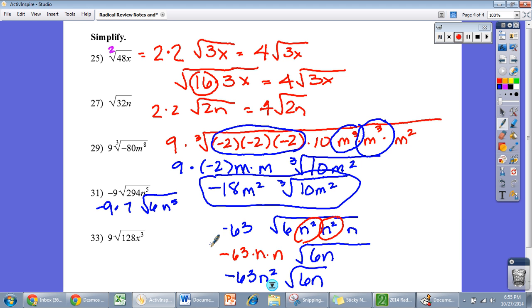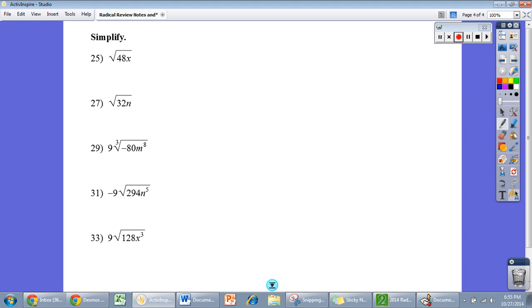Last problem. Now that we've gotten a little messy up here, let me go ahead and clean all this up. And what I'm going to leave you with is the answers to each of these. This was 4 square root of 3x. This problem here was 4 square root of 2n. This problem here we worked out, and we have